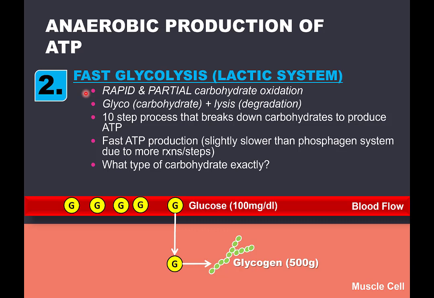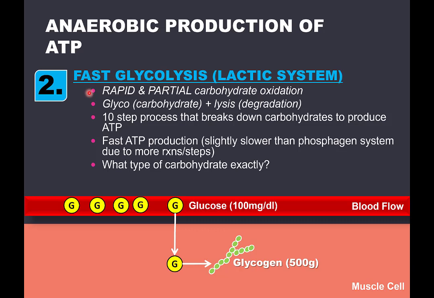Please remember this. Also remember, oxidation in very simple terms is the process by which a fuel molecule is broken down to release its energy, which is used to form ATP, which contains that energy briefly until it is hydrolyzed, like on the myosin head during muscle contractions. So the other key words here are rapid and partial. Rapid, meaning this is fast carbohydrate breakdown, meaning ATP is produced rapidly, similar to the phosphocreatine system, and it is partial carbohydrate breakdown,